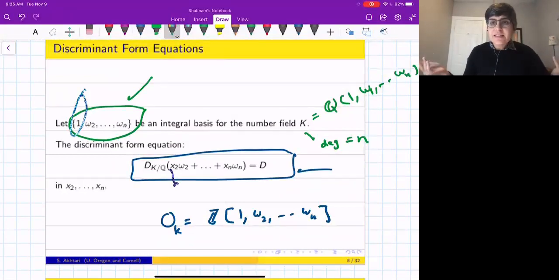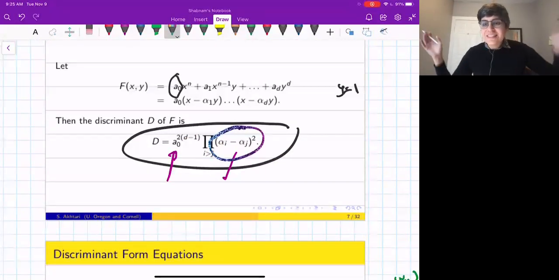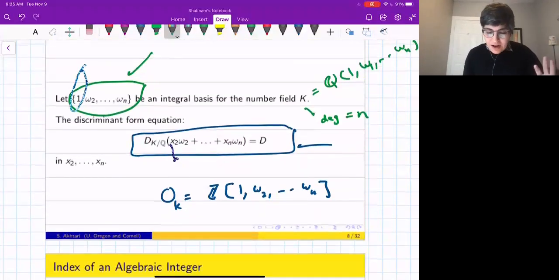So if you take the discriminant, then it doesn't matter what integers you have, like x1, like if you put 5, 10, 12, whatever. Why? Because when you find the discriminant, you look at the difference of algebraic conjugates, so that gets cancelled. So what did I do here? I just reduced the number of variables by 1, because the variable corresponding to 1 does not contribute to the discriminant, and that should ring a bell, because it's very similar